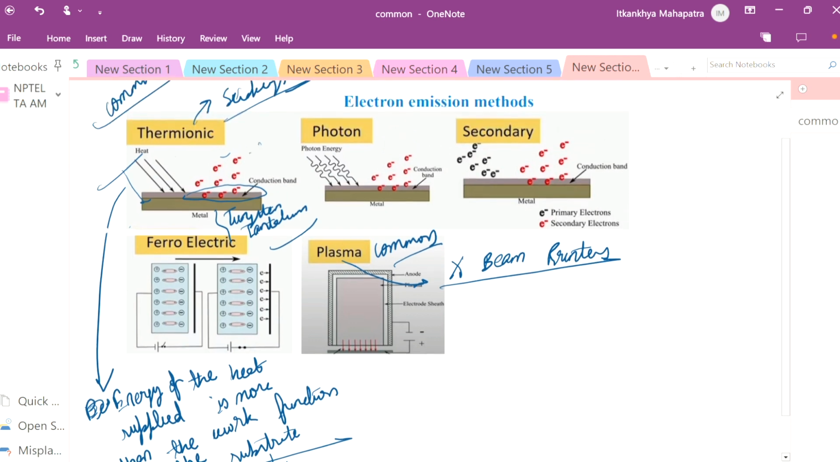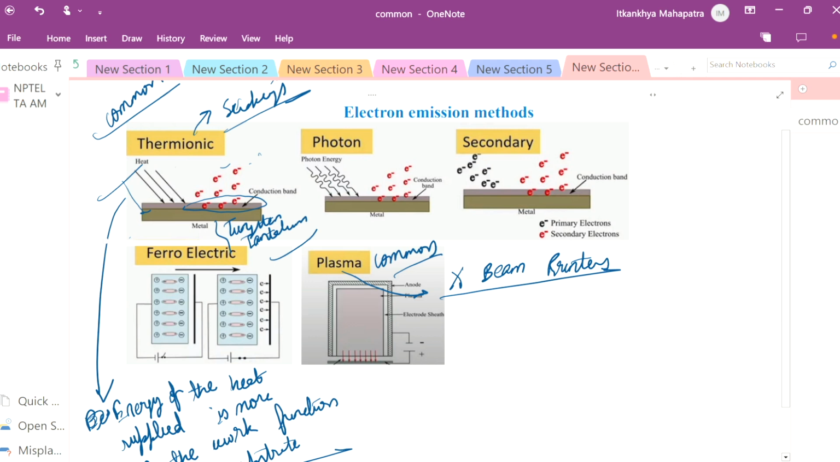Now, in this electron emission method, we supply photon energy. We are using photons. These photons strike the substrate, and electron emission occurs. In the third method, now this is written here as heat, but it is photon energy. Now, here you see